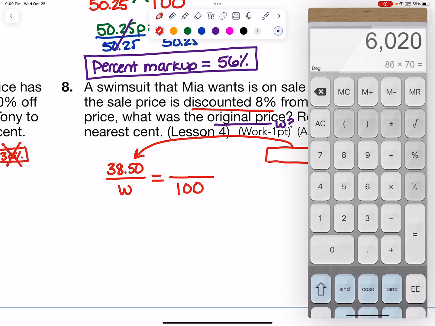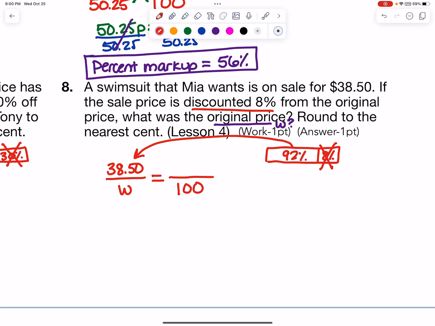That's what needs to go in that spot. So if we remove 8%, just to be safe, 100 minus 8, you can see is 92%. So the final price ended up being 92% of that original. So we have to use 92% to make this work. Okay. All right, let's go ahead and do our cross multiplying and we'll find what the original price was. Okay. So we have 92W equals, multiplying by 100, so that's moving 2 spots to the right, 3850. We can isolate the variable now, divide both sides by 92, and we get an original price